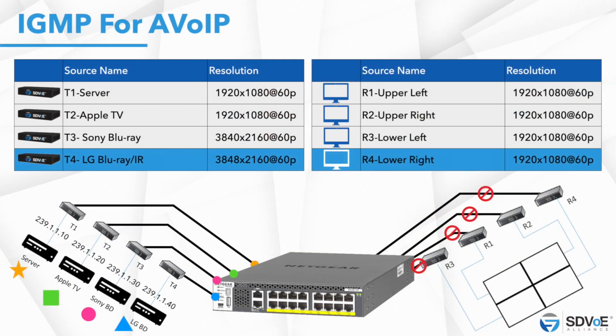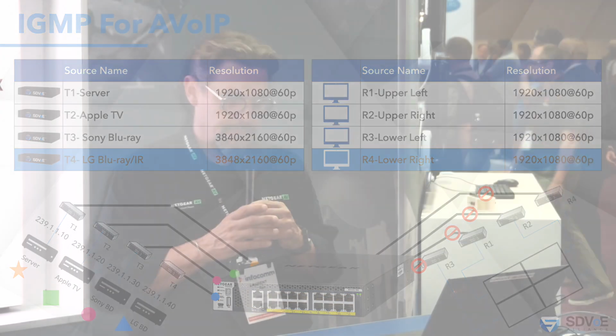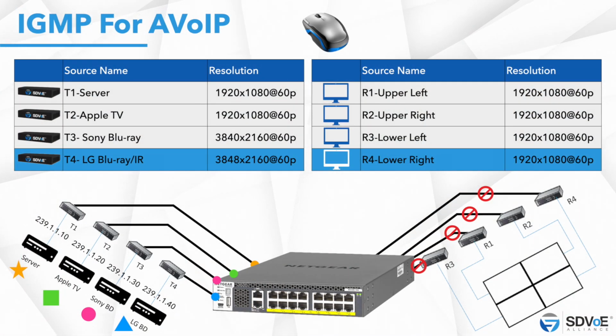Now we have the controller. You can see that the receivers on the other side are connected to a display: upper left, upper right, lower left, lower right. Those are their names. Let me take you to that example. To manipulate an SDVoE controller, you need to have a mouse on this example. And with the mouse, we are going to drag and drop the server, the transmitter 1, to the receiver 1,